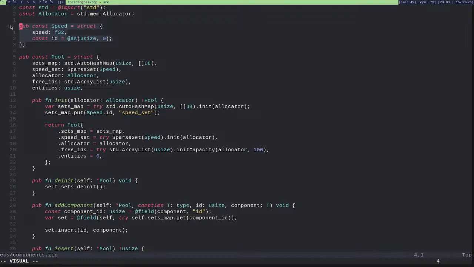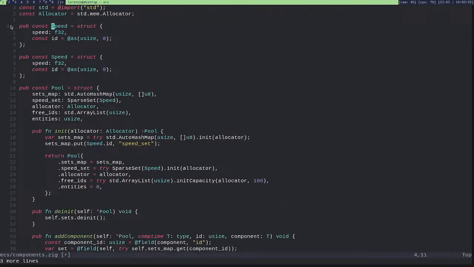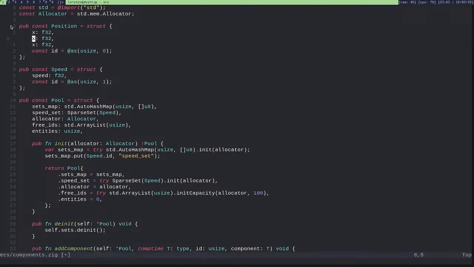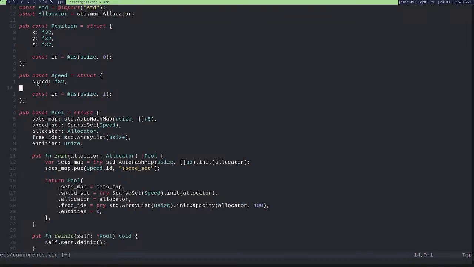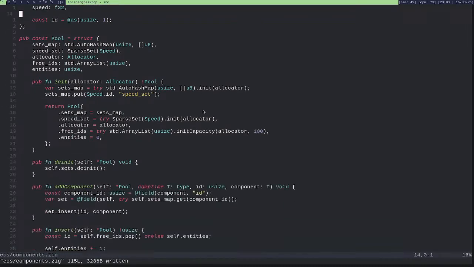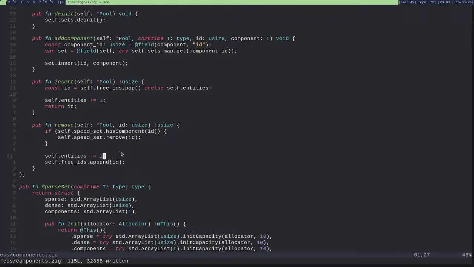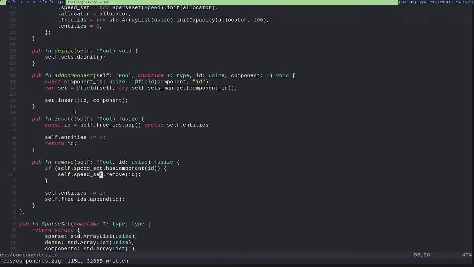Let me add another component just to... So I want to also have position component with, well, let's say ID 0 and 1, and this will have X, Y, and Z. Yeah, so now I can just create entities, add components, and remove entities.